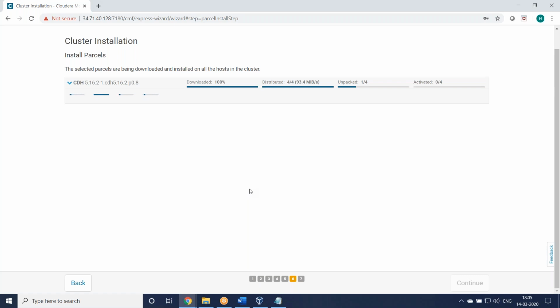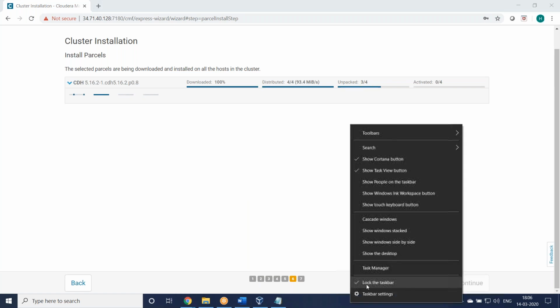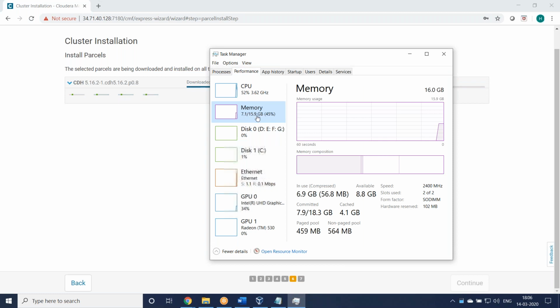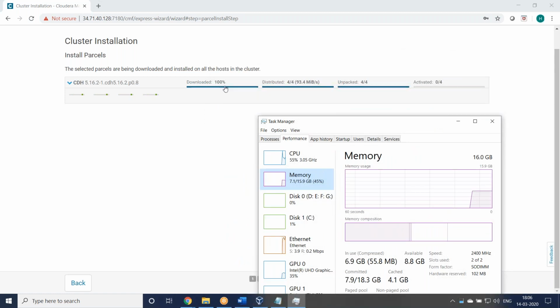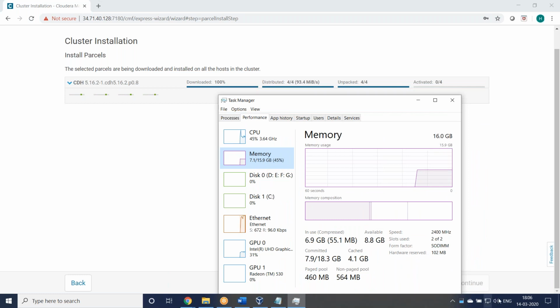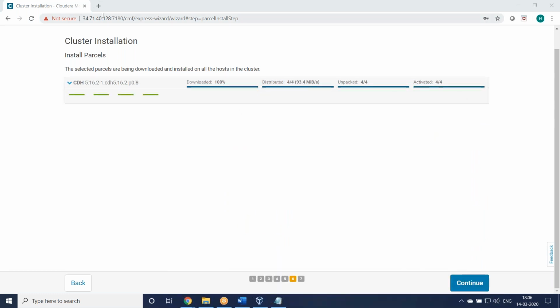2 GB something, 2.5, 3.5, something like that, and then I installed it. But it will sometimes take 5 to 6 hours, because my machine's capacity is required for my Windows operating system running and finally the virtual machines. But here the virtual machines are not being used, only my Windows operating system, right? Because we are installing in the cloud environment. We are not using my laptop's RAM, CPU, nothing. It's only for launching in the cloud.